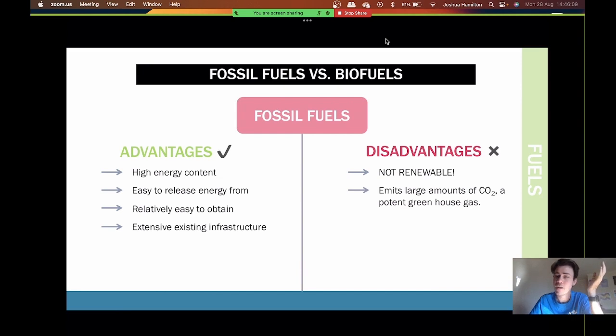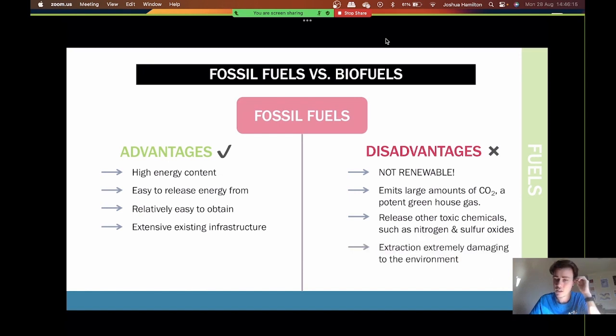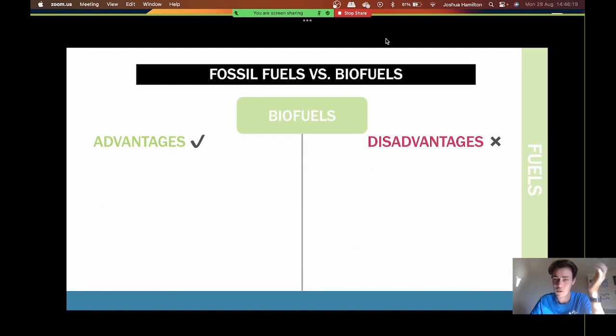We understand that. They emit large amounts of CO2. We also understand that. And they release other toxic chemicals such as nitrogen and sulfur oxides. And their extraction is extremely damaging to the environment. We know all this stuff. If we look further into our biofuels,